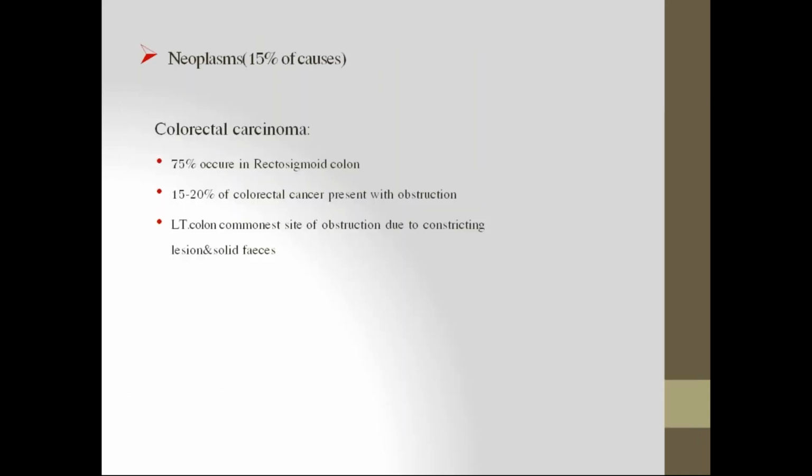So in large bowel obstruction, mostly neoplasms, colorectal malignancies are more common. So we need to rule out cancer in cases of large bowel obstruction. So most of the colorectal malignancies occur in the rectosigmoid region. So roughly about 15 to 20% of the colorectal cancers may present as obstruction. Generally,